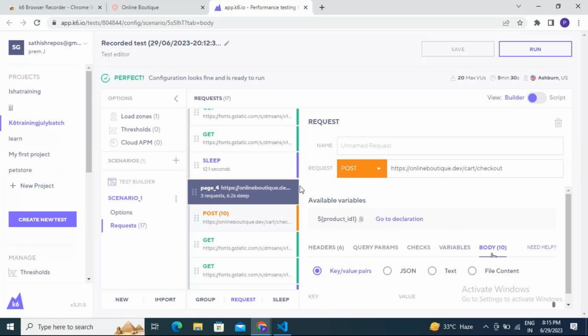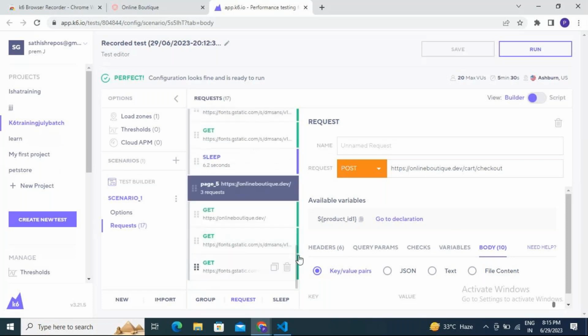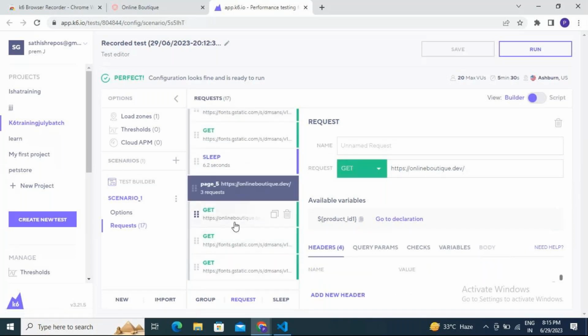Let's go and look in the script directly. I couldn't scroll down because my mouse is not working properly, right? So whatever you recorded, everything is now part of this builder. And then if you go and just click this into a script,